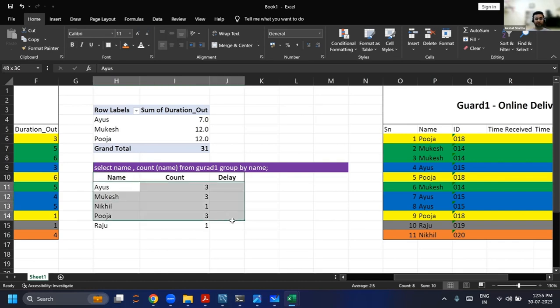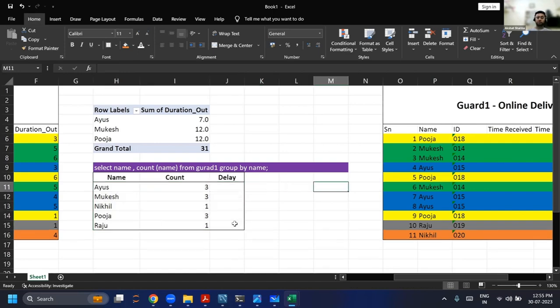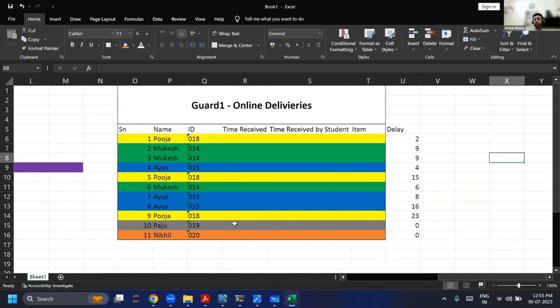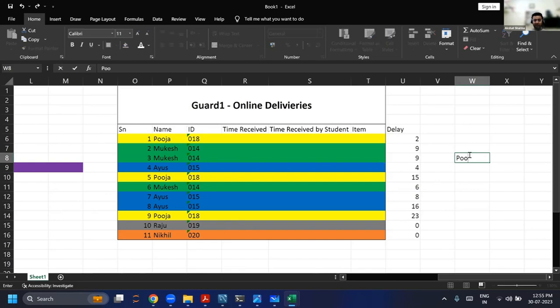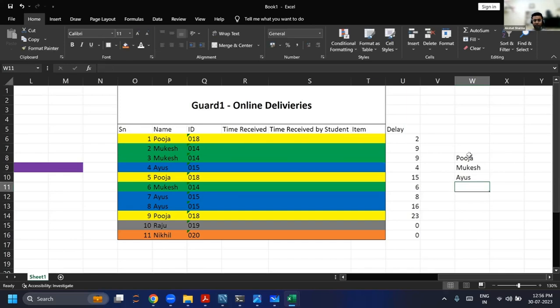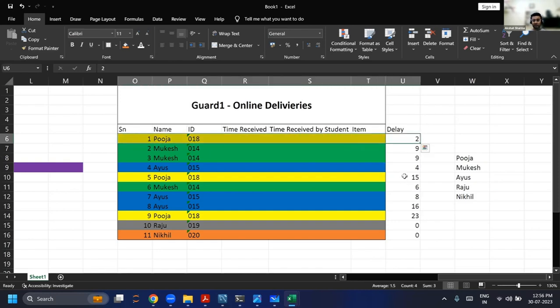So delay is something that we wanted to know. In order to calculate the delay, I need to first make a table or aggregate results for the delays that happen by each of the students. So I will have the delay by Pooja, Mukesh, and Ayush. Similarly for Raju and Nikhil, we can do this sum of delays. So we can simply do a group by. Okay, so you can see that